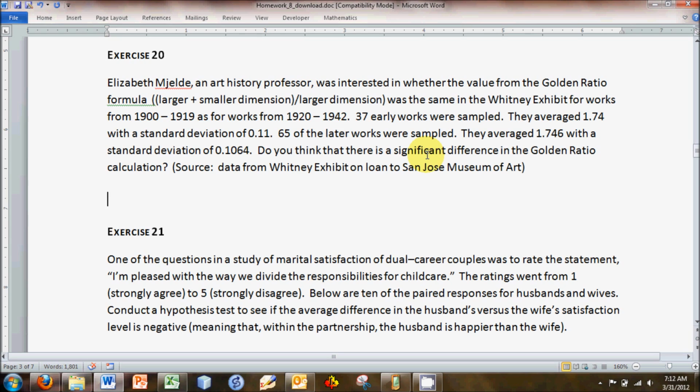And with the later works, they averaged 1.746 with a standard deviation of 0.1064. And we're supposed to figure out if there's a significant difference in the golden ratio calculation. So what we'll do here is we'll go through the hypothesis test steps. The first step is to identify our hypotheses, or our parameters. And so I'm going to insert the symbol here,